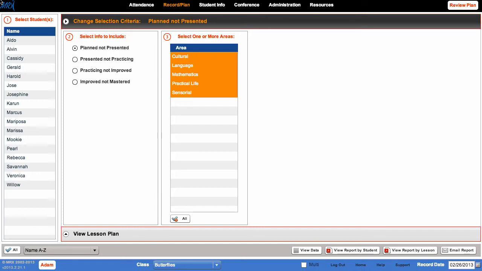The Review Plan screen allows you to monitor what you have planned on the Record Progress screen from an overhead view. This screen is most helpful if you are recording progress regularly and utilizing the plan status for each lesson. You may want to watch the video on planning about the Record Progress screen just to get the whole picture of this process. But for now, I'll show you how to review plans that you've already implemented on the Record